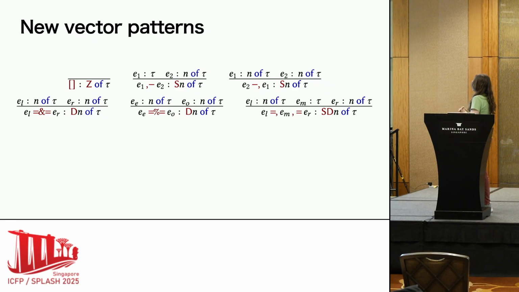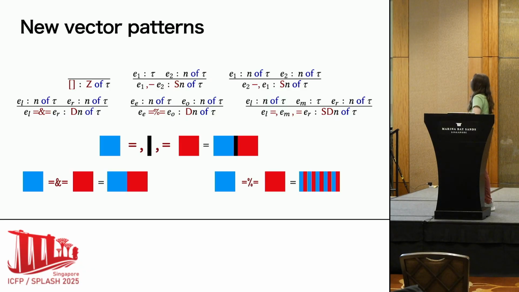Here is our full list of vector patterns in the language that we've found to be useful for this. On the top, we obviously have the empty vector, cons, and snock, which have the same types, but elements swapped around. And then on the second row, these are our novel operators. The first one I call even, then riffle, then odd. The first two have the same type signature, but odd requires an odd list, or an odd length vector. So the type at the end is successor of double of n, as in anything times 2 add 1 is going to be an odd number.